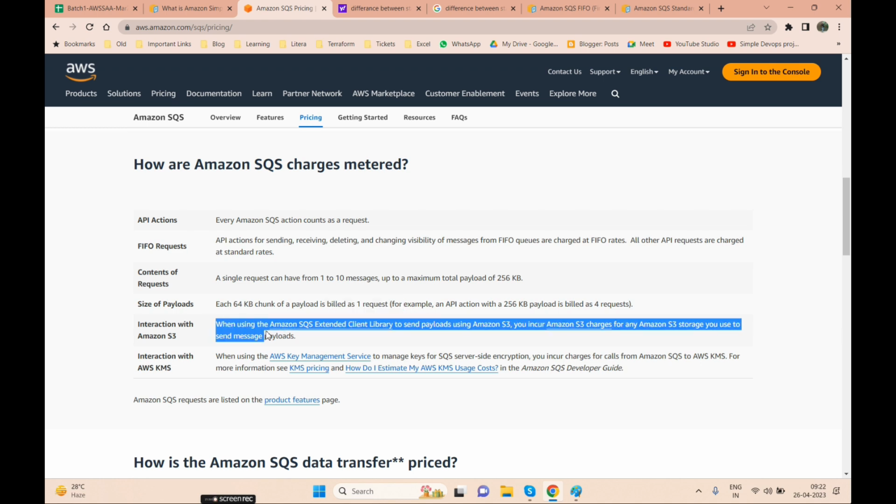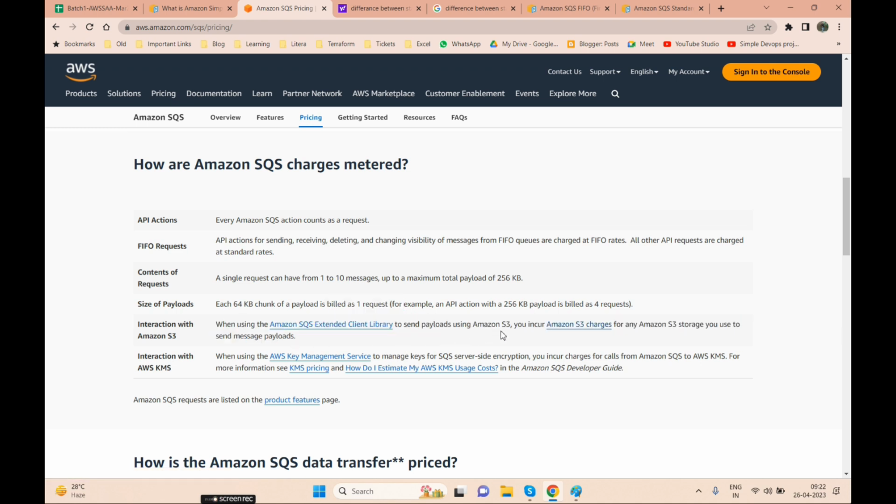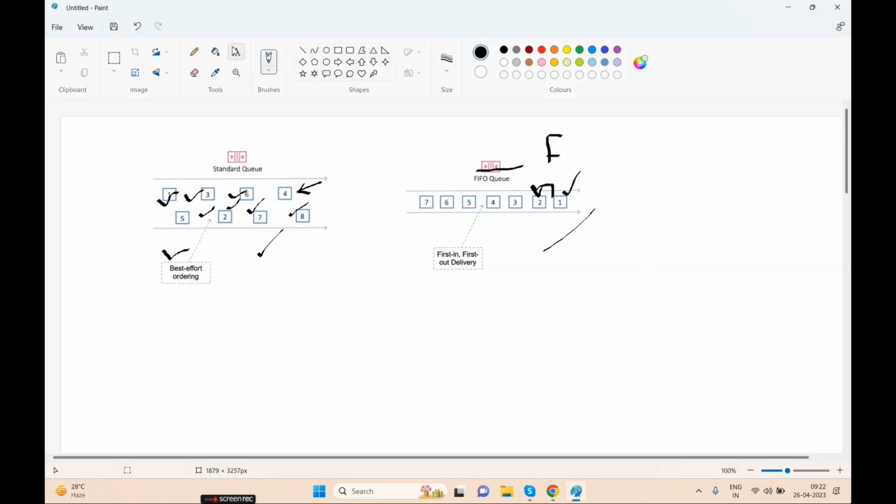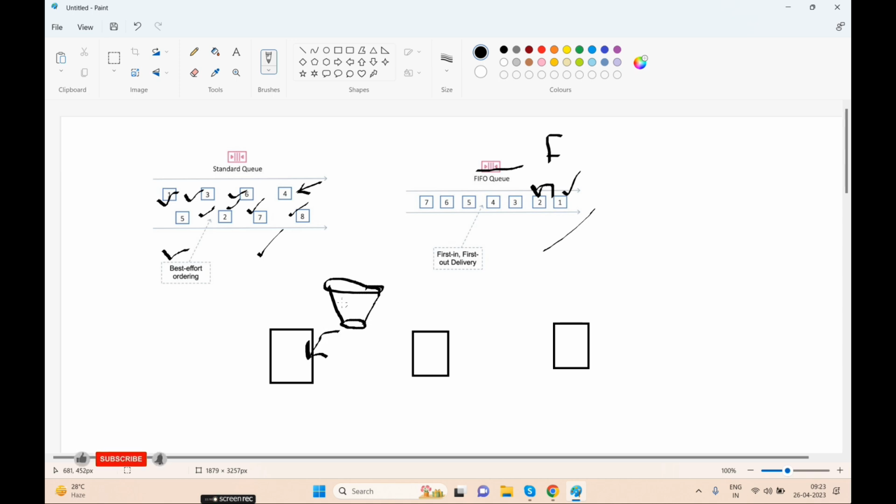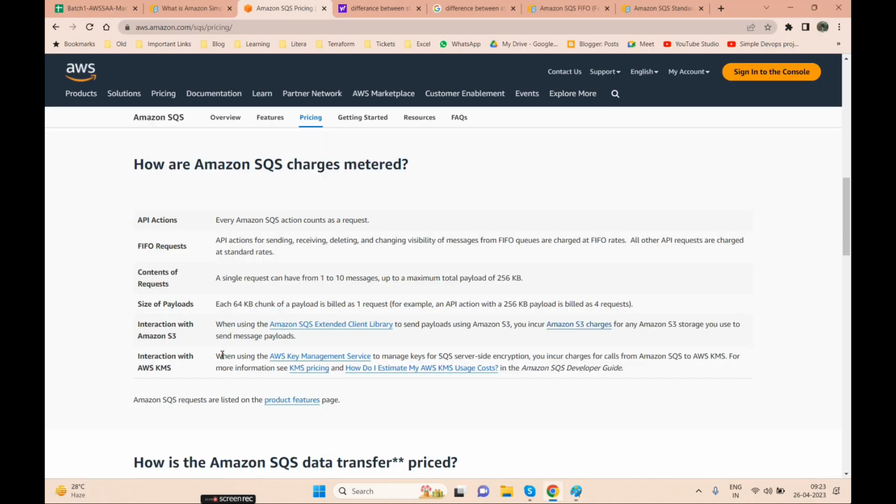Interaction with S3: when you are using SQS to send a payload using S3, you incur S3 storage charges. For example, the request which is being processed here, the data being processed by the server, is coming from the bucket. We can attach our S3 bucket like that. So the data is brought from the S3 bucket and then the request is processed. If you have attached that with S3, then you need to pay